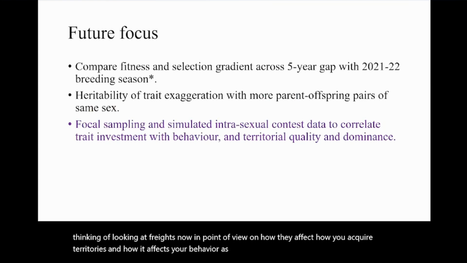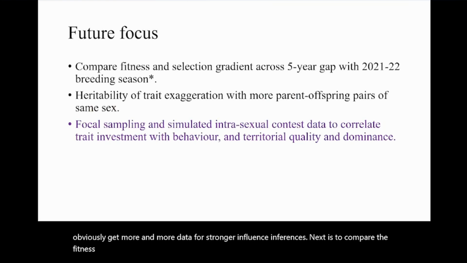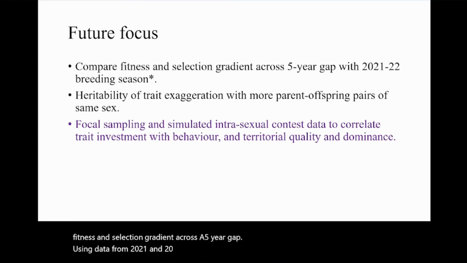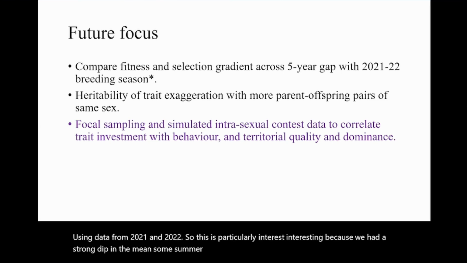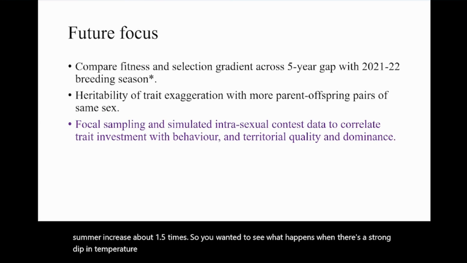So the future focus now is to first obviously get more and more data for stronger inferences. Next is to compare the fitness and selection gradient across a 5-year gap by using data from 2021 and 2022. This is particularly interesting because we had a strong dip in the mean summer temperature by about 1 degree Celsius, and the rainfall during the summer increased about 1.5 times. So we wanted to see what happens when there's a strong dip in temperature and a greater increase in rainfall